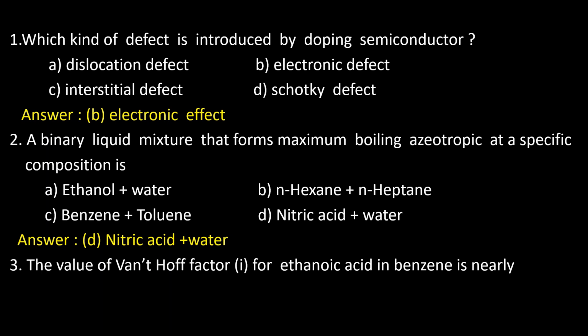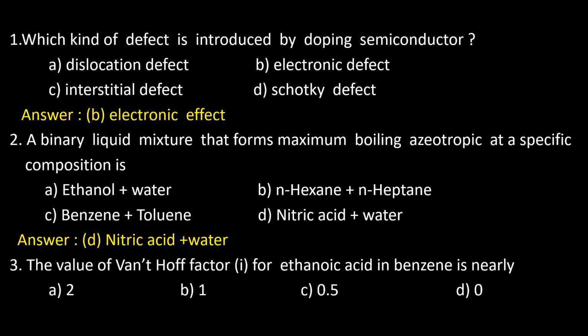Question number 3. The value of Van't Hoff factor i for ethanoic acid in benzene is nearly A. 2, B. 1, C. 0.5 and D. 0. Dear friends,